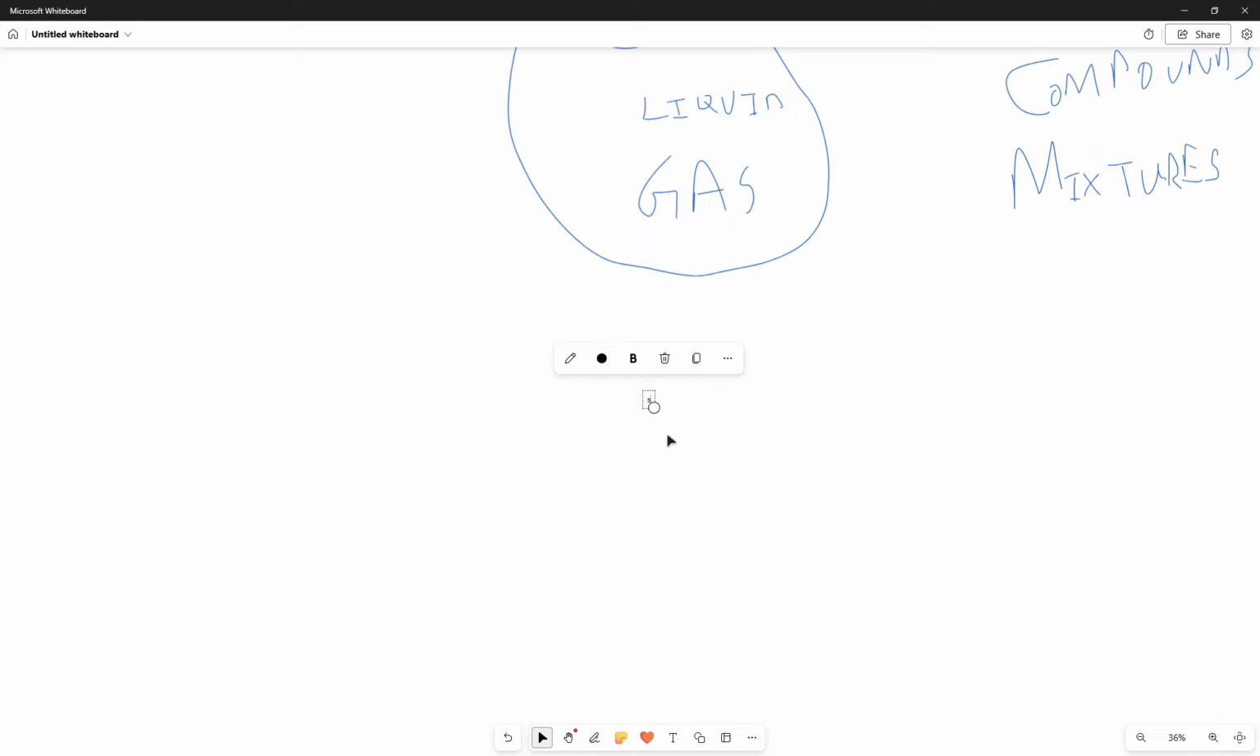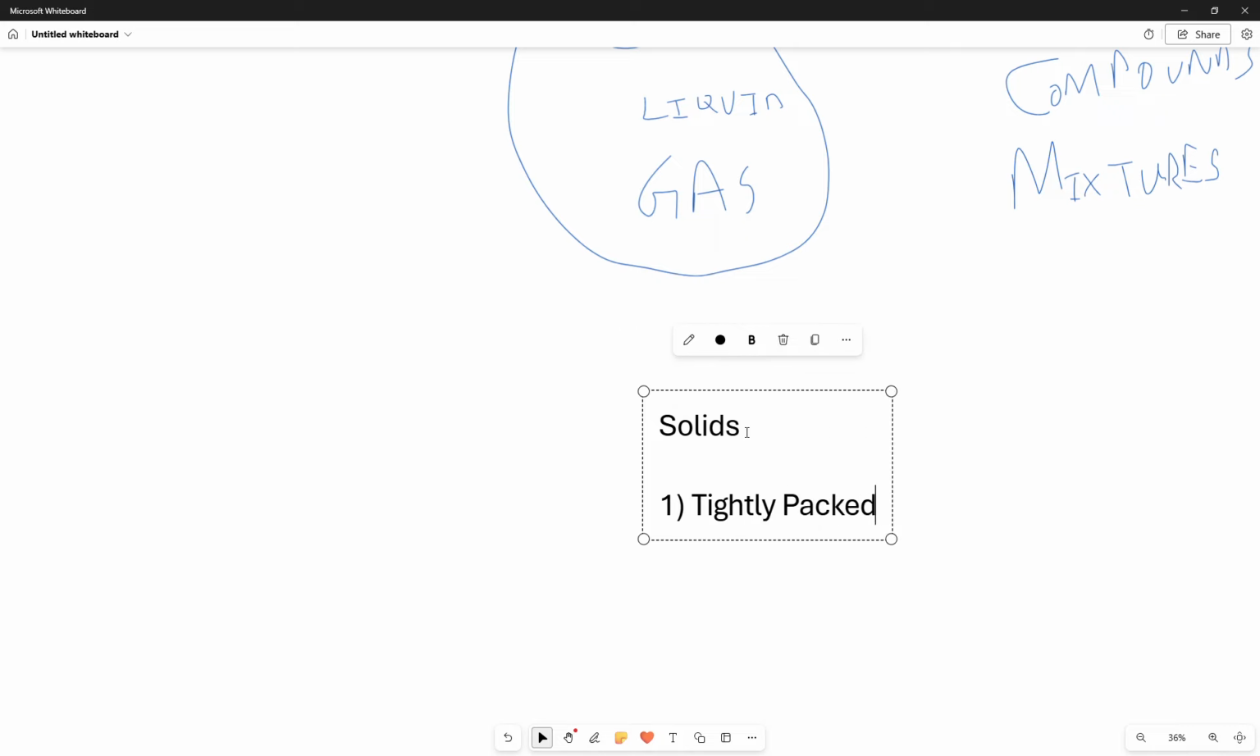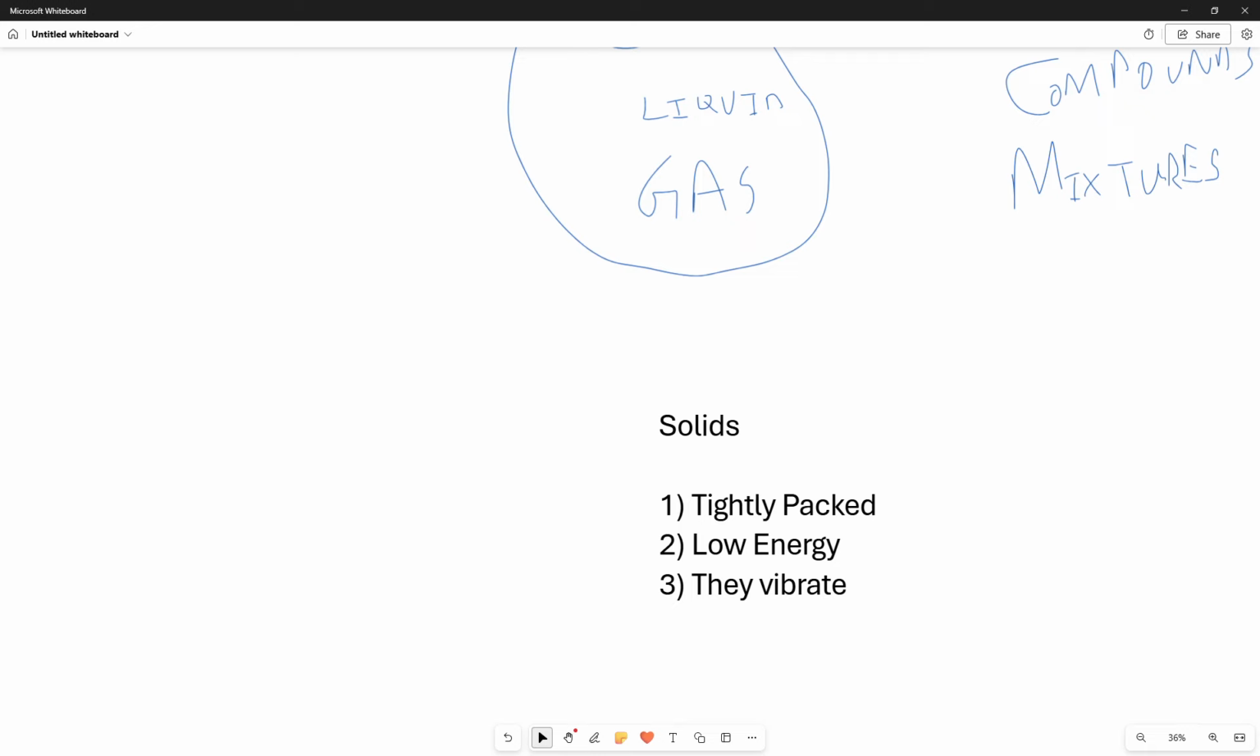If you look at solids, we can say that they are tightly packed, they have low energy, and they vibrate. So they vibrate when heat is given to them and they have low energy because they're tightly packed. That means there's no space for energy. And if you have to represent them diagrammatically, which you may have to in your e-assessments,